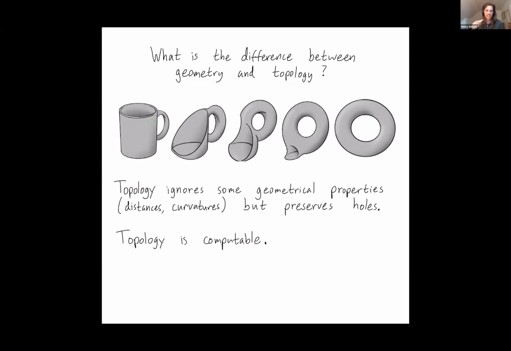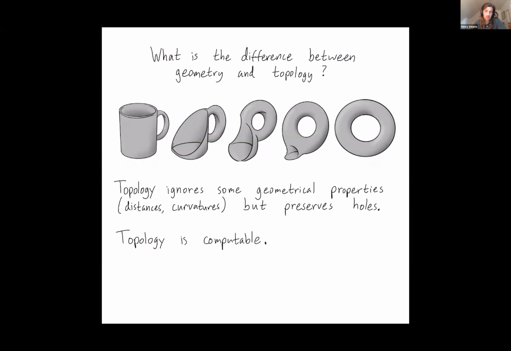Whereas to a topologist, things like distances and curvatures are not important. To a topologist, this coffee cup on the left is the same as this solid donut on the right. And you can see a deformation, how I shrink away this mug without ripping or tearing or gluing anything to deform from the coffee cup to the donut. So the classic joke is that a topologist is a mathematician who can't tell the difference between the items he's using to enjoy his breakfast.